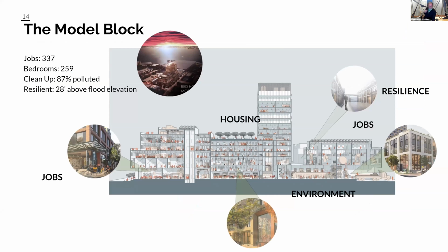Now let's look at the building right now, piece by piece. Remember, our planning goal is to mix uses and find balance. Our motto informally is one job, one bed. Well, we create space for 337 jobs, and we have a total of 259 bedrooms, so that's close. But to do this, we have to craft the building to keep the residential footprint small enough to accommodate the manufacturing. So this is probably a good place to talk about something that people have mentioned to me a lot,